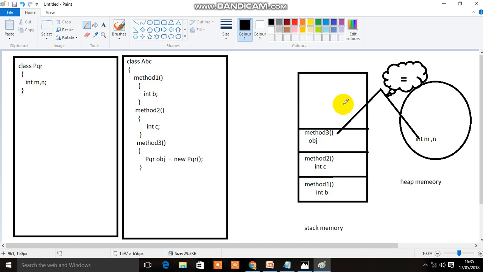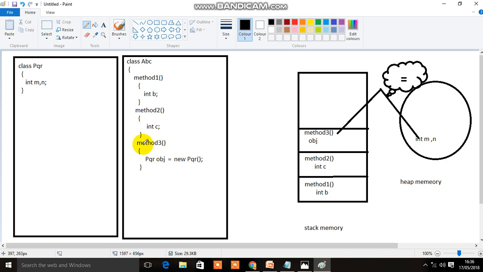Now let's see what happens when each line in this code is executed. When the control reaches the first method, the corresponding memory is allocated in the stack memory. In the stack, a space is allocated for method1, and within method1 I have a local variable, int b, which is stored here. Similarly for method2, whenever the control reaches method2, the corresponding memory is instantiated with the local variable present inside it. This area contains the variables and methods available in it, and here I have just a single variable, so I store it there.